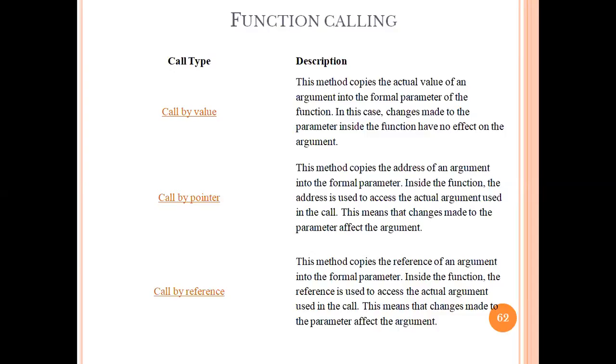So that's why the last line says that changes made to the parameter affect the arguments. I will show you how it actually works.